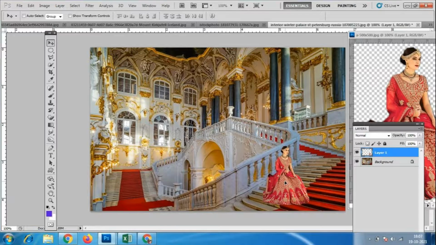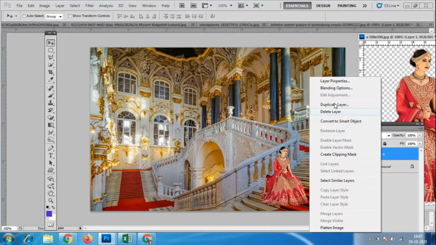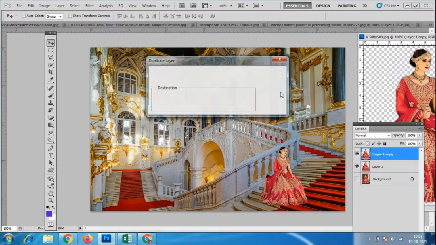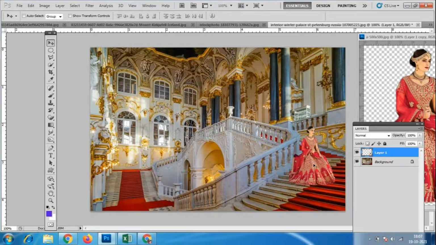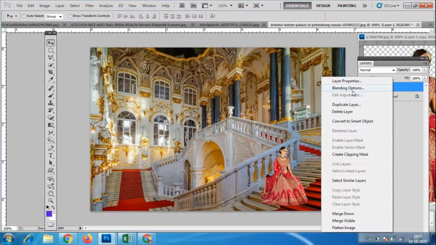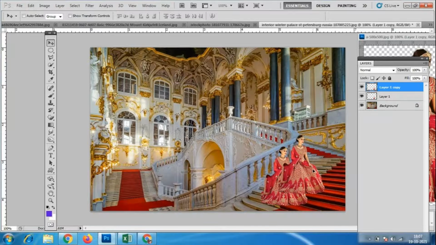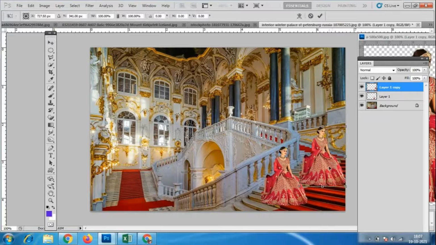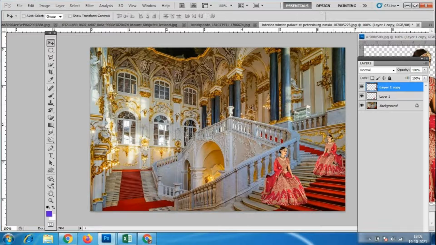Okay, so like this, and you can take a duplicate copy of this. Right click on this layer, take a duplicate copy of this layer. So I have placed two girls here. Flip horizontal and flip vertical. So like this you can place it, and one more copy I have taken here.